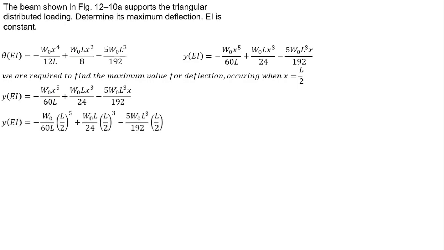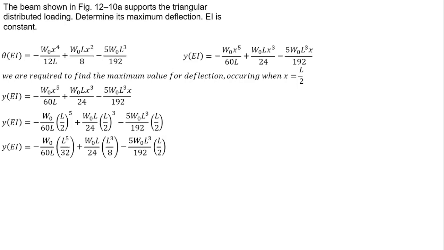So ganito yung magiging equation natin. And then simplifying, so y times EI is equal to negative W0 divided by 60L times L to the fifth divided by 32 plus W0 L divided by 24 times L cubed divided by 8 minus 5 W0 L cubed divided by 192